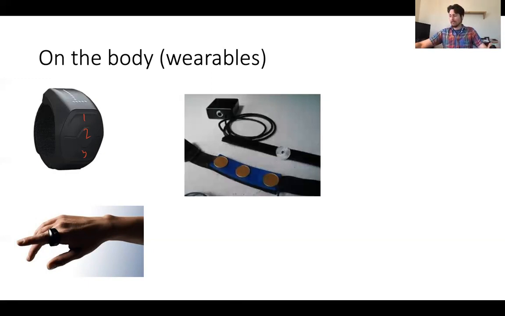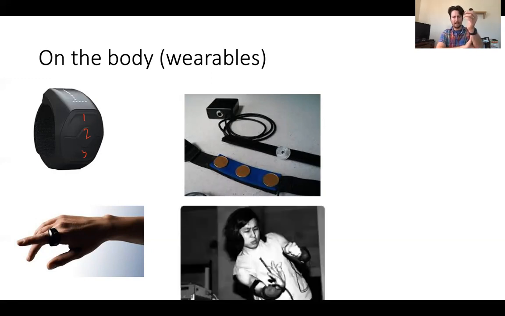This is the BioMuse. This device goes on your arm. Atau Tanaka is kind of famous for performing with this thing. As you flex your muscles, it senses the electrical potential in that flex, in the nerve firings and the muscle firing. Very noisy information, but it allows you to perform by flexing your muscles, which can be very internally